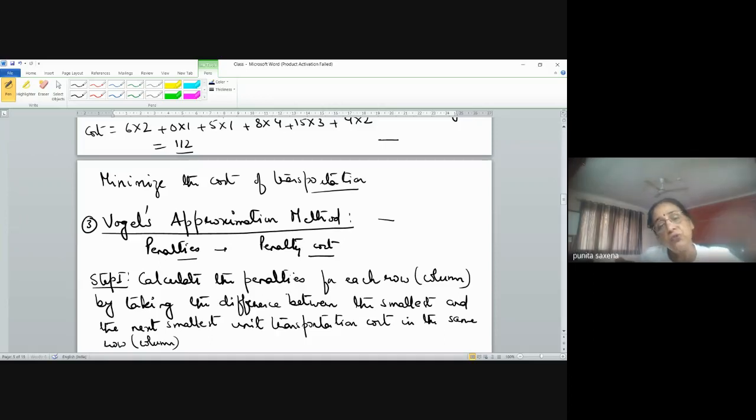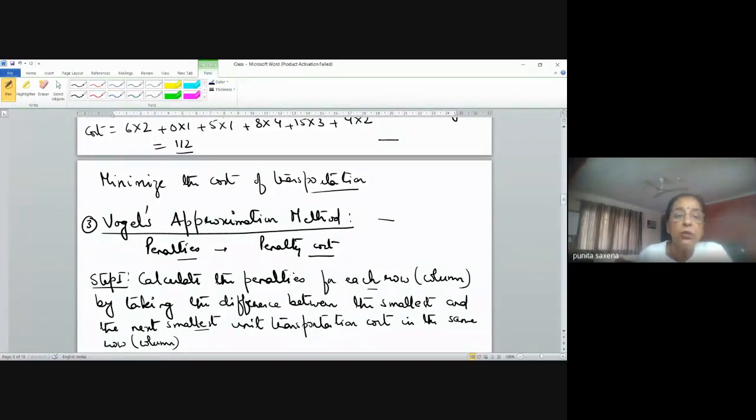In least cost, what did we do? We just looked for the minimum cost in the whole matrix and then started the allocation. But now we are analyzing each supplier and each destination separately. For each row, we are looking at the smallest and the next smallest cost. So if we allocated to the smallest, then we have somewhere left out, lost, the next one. Now the difference in the cost of these two: if we did not allocate to the next one,